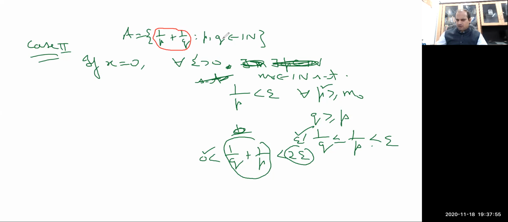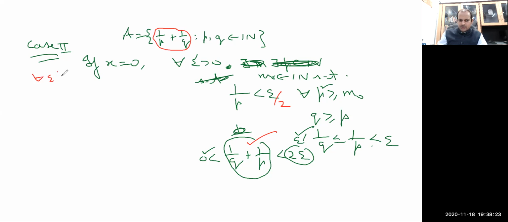In some books you will find that they start with epsilon by 2, and epsilon by 2 plus epsilon by 2 they call epsilon. So whether you denote epsilon plus epsilon as 2 epsilon or epsilon dash, it will not matter, because epsilon is greater than 0, so epsilon by 2 will also be greater than 0, and since epsilon is arbitrary, from the Archimedean property of R, whatever neighborhood we choose for 0, whatever epsilon dash,